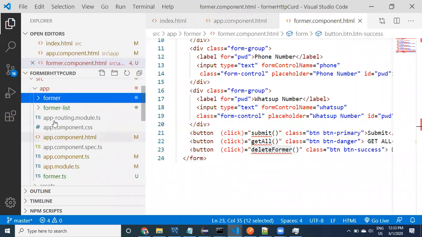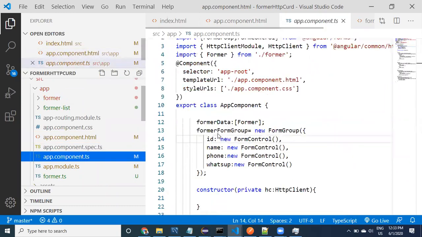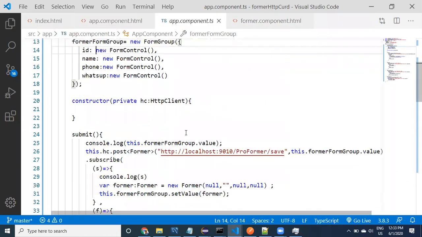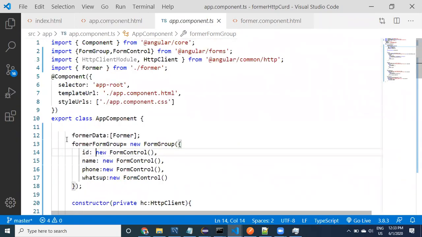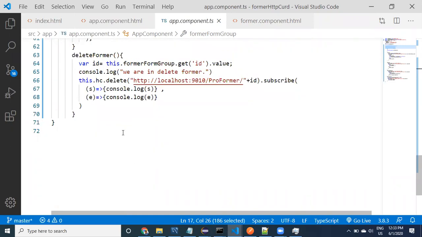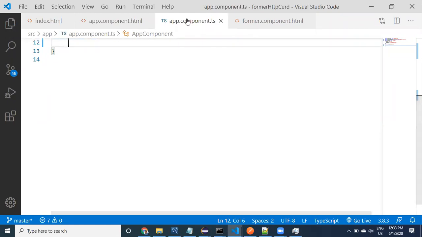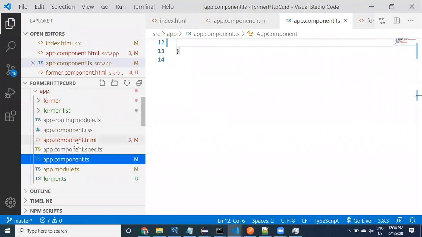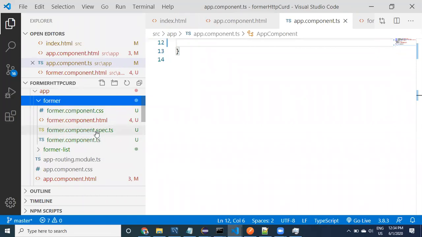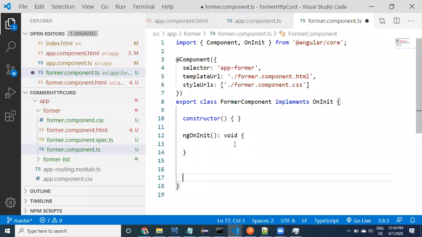So from the app component class, I'm going to take all this code related to the app component and move it to the former component ts. Here I would like to provide this information.